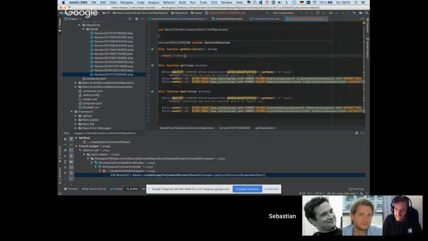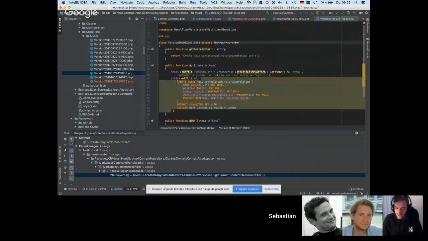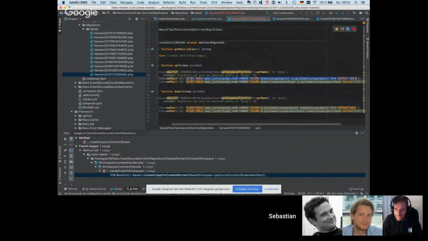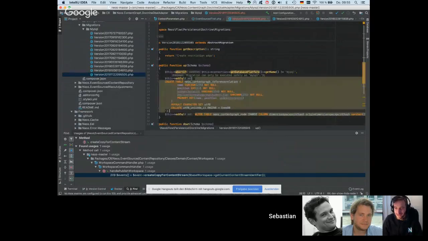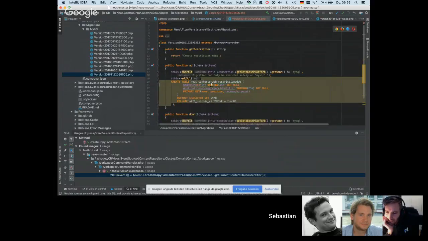Okay. Create hierarchy edge. I got no restriction. So let's just, I'll probably find some create statement. That one looks useful. Especially, I'm always not sure about things like what collation and all these things. Good idea. So Neos content graph, restriction edge. It has the